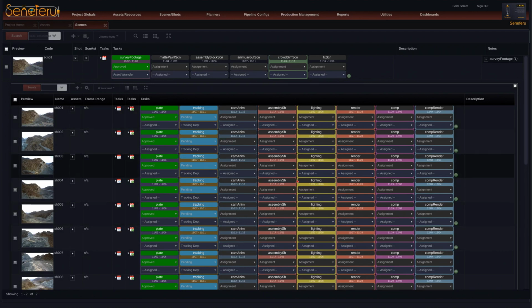All you need to know now is how to create the tasks in the proper place. If this is going to be used for all the shots, then create the task at the scene level. If this is going to be used for only one particular shot or some shots, then create the tasks